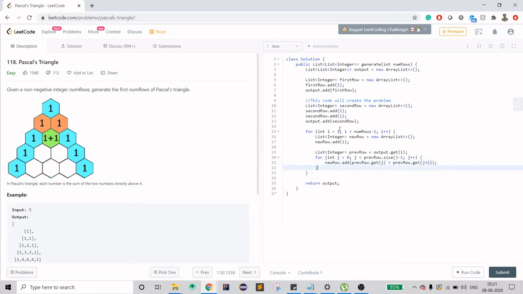Okay, so when this is done, we just need to add a new row. Okay, this is done. Now exit out of the loop. No, but before that we need to add this to output also. Now it's done. So let's run this.